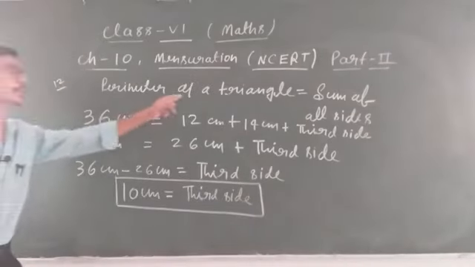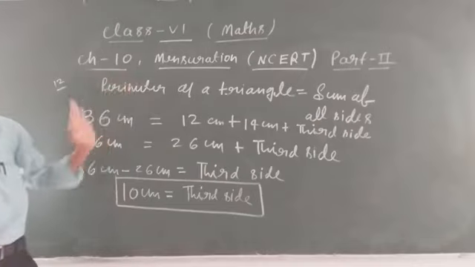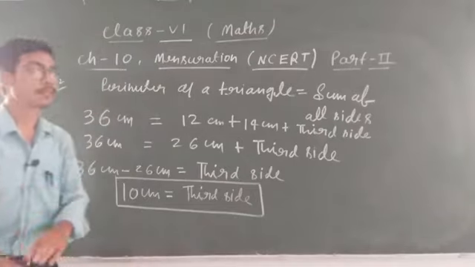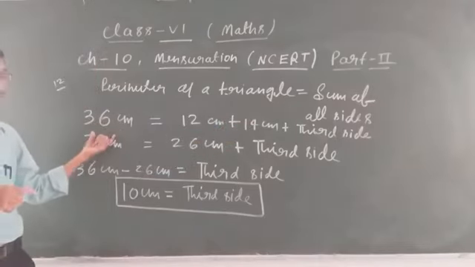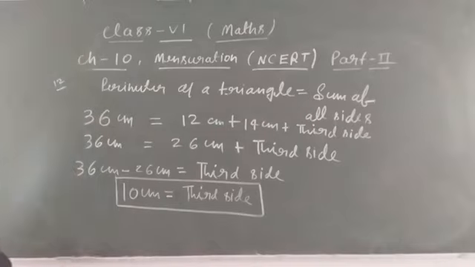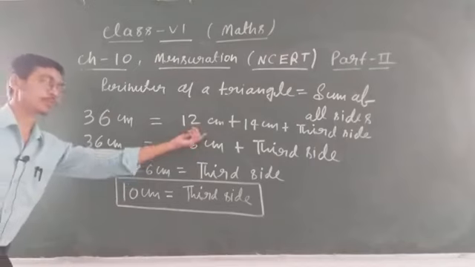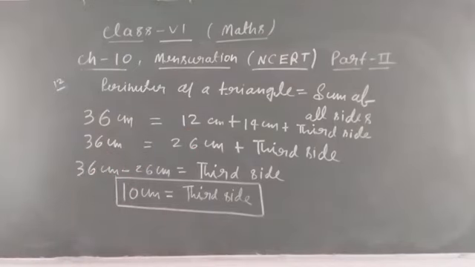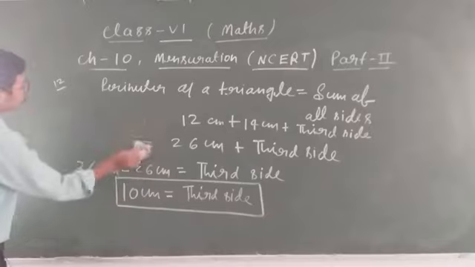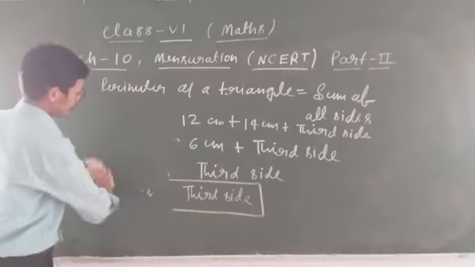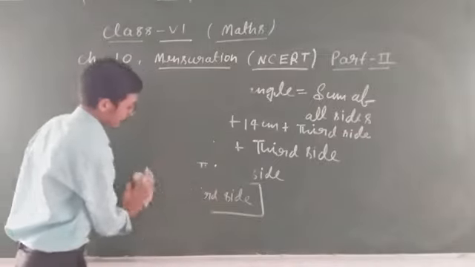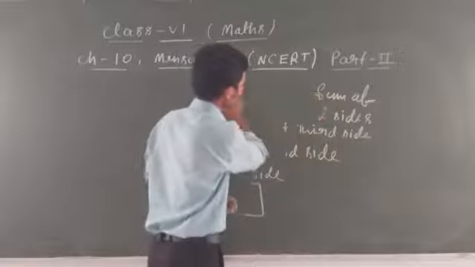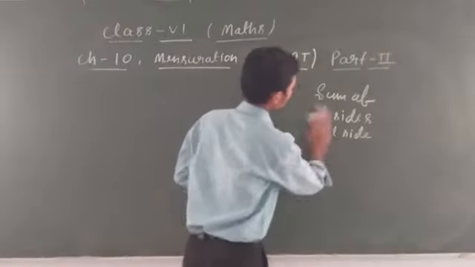Again I am going to explain the perimeter of a triangle. You know it is the sum of all sides. If all sides are given, you have to find the perimeter, so simply add. But here the perimeter is given, student, like the previous question, and 2 sides are given. You have to find the third side. So the third side equals the perimeter minus the sum of the 2 sides. You can also do it directly, summing all the sides and subtracting from the perimeter, but here I explained in the proper way for your betterment. Clear, student? So try to solve questions in the proper way. Don't try to solve directly.